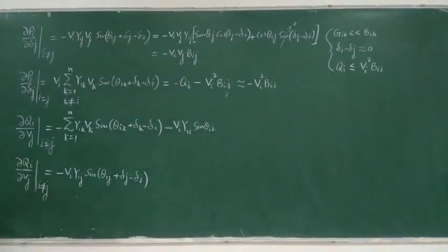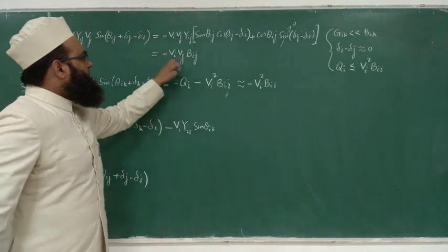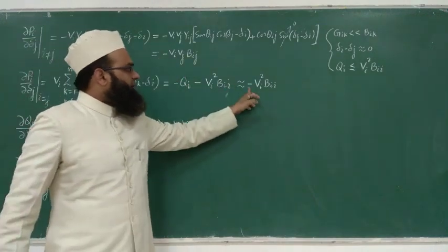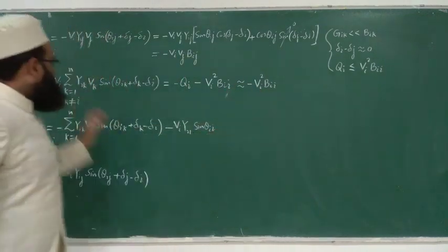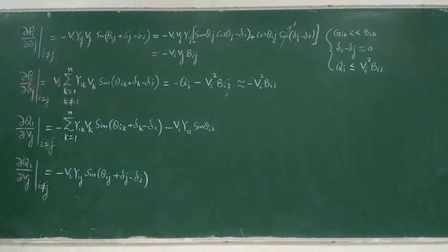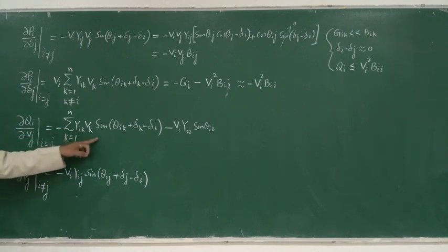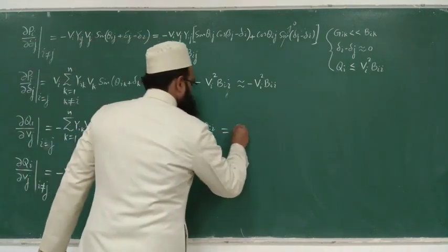Here also, if you substitute j equal to i, it will be minus Vi square Bii, right? For these two cases. What about these other two cases? So what is this? Yes, this is Qi, isn't it? So this will be equal to Qi